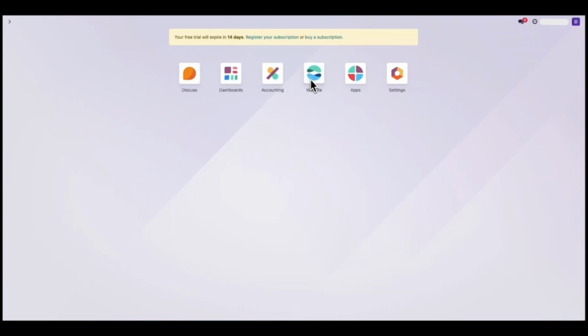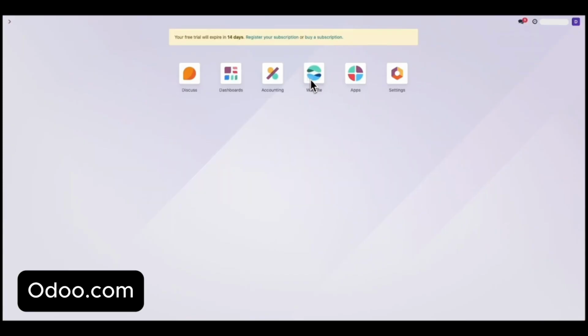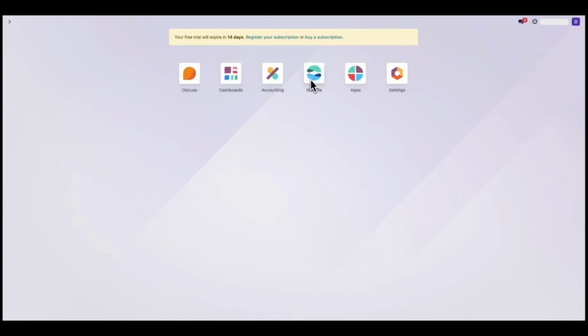Hey guys, today I'm going to show you how to remove the Odoo branding. Let's get started. First, go to odoo.com, log in to your account, and this action will lead you to your dashboard